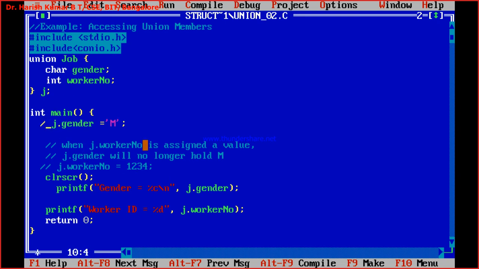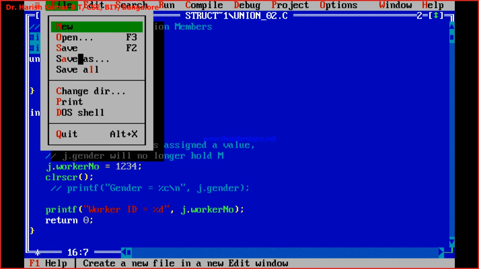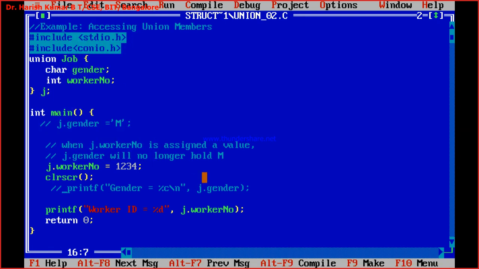Next, I'll comment this and uncomment the worker number. What I'll do now, I want to print both.